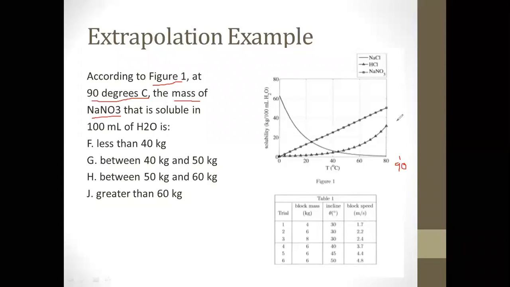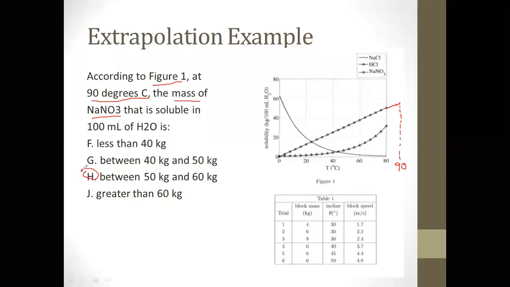And then looking at our NaNO3 graph, which is this one here according to the key up here, we'll just extend it. And so then we can see where the graph would be. And it would be between 50 and 60